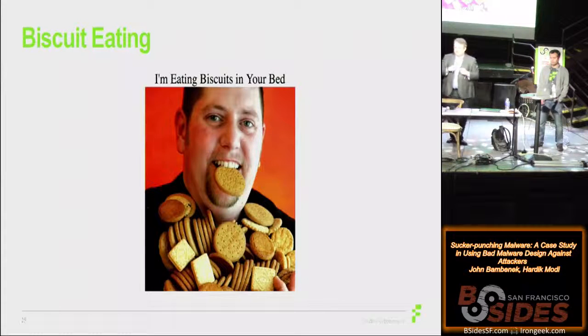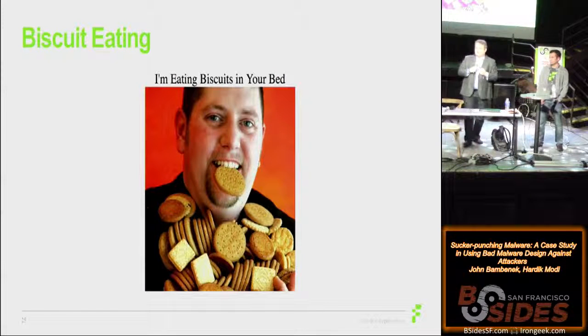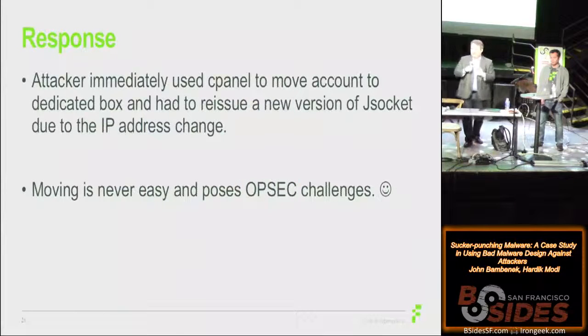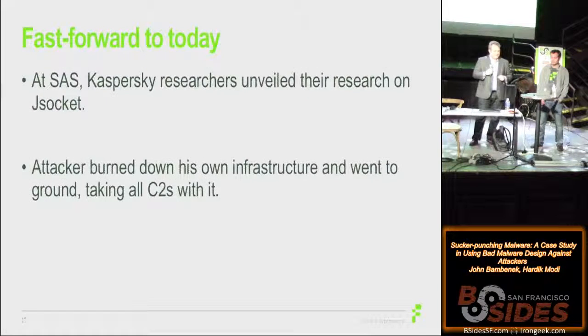Once he figured out the reference, which took about 24 to 36 hours, he immediately moved from that shared hosting box to a dedicated box, but had to reship all of his binaries because the IP address was hard-coded in there, so none of the builders would work. He would have to redistribute again. And that poor user experience was creating downward pressure on his economics, right?